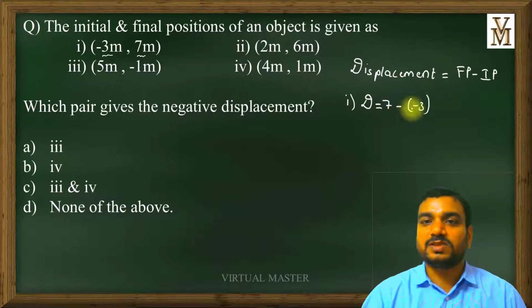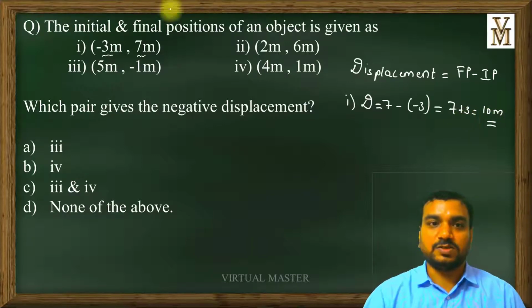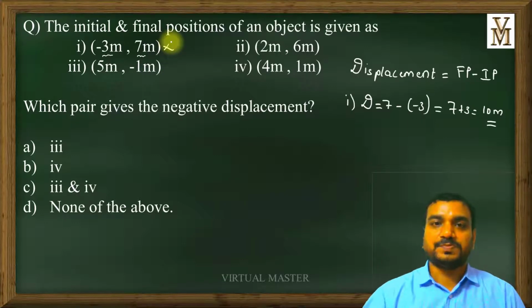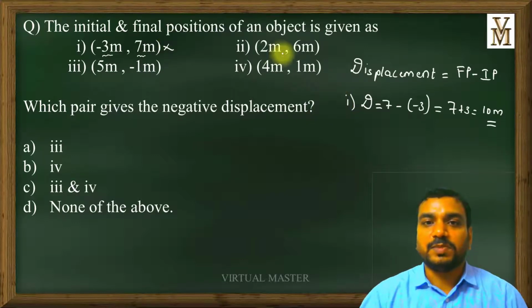So 7 minus of minus 3 will be equals to 7 plus 3. It is nothing but 10 meter. This is not a negative displacement. So first pair is not the negative displacement. Okay. Second one pair. In the second pair you can see